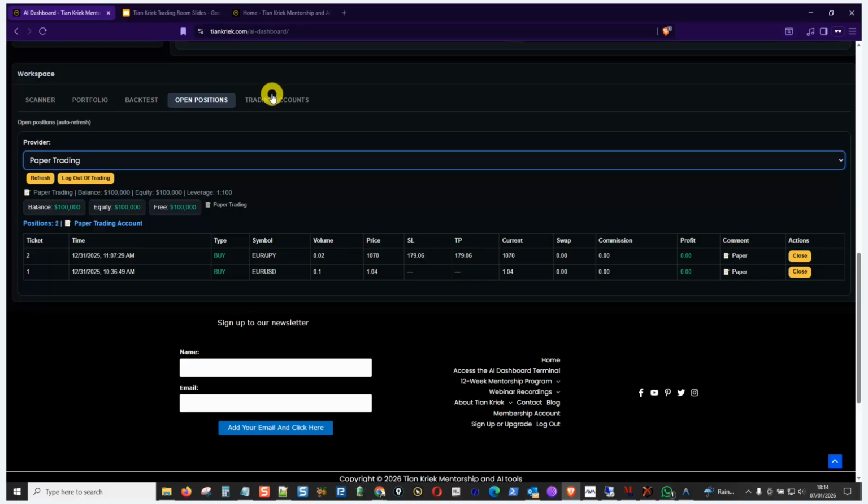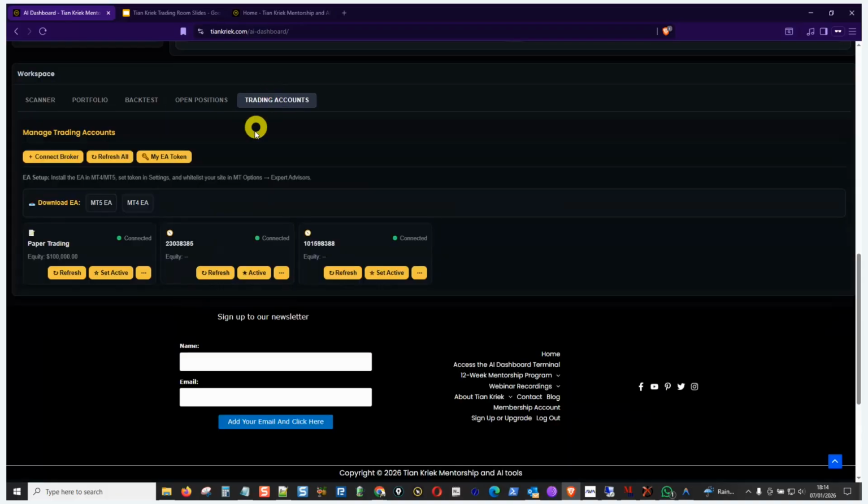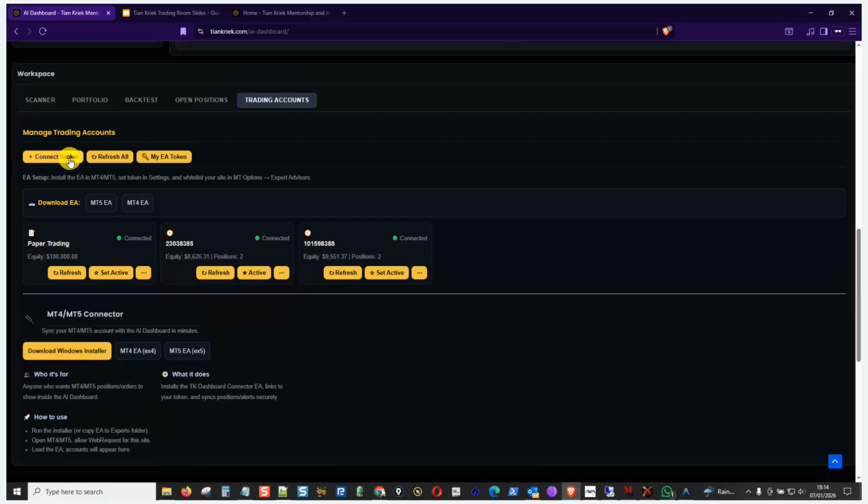All right. If you want to connect a new trading account, go to trading accounts, and just click on connect broker, or download the Windows installer. I would actually suggest that you download the Windows installer and let Windows install and connect your MetaTrader account to